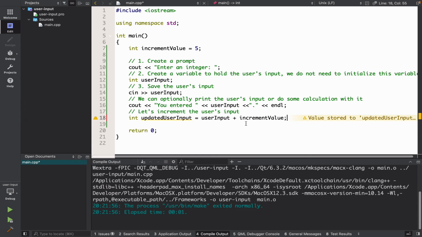I am initializing it with the user's input plus this increment value. So whatever we have here will evaluate to some value, and that value will be saved in the updated user input variable. So once I have done that, I can simply do another cout, and I could say something like